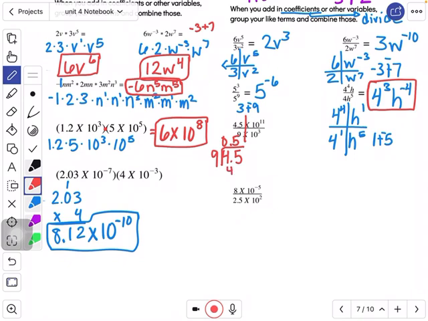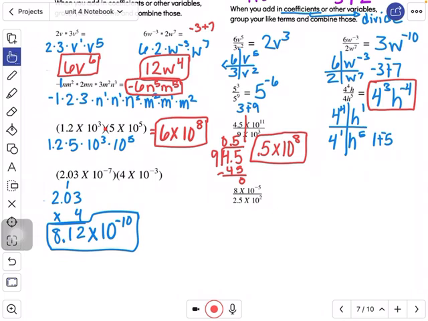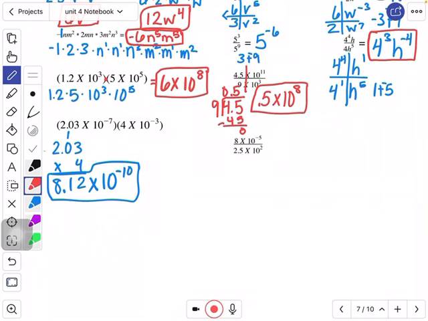So you have 0.5 times 10 to the 11 minus 3, which is 8. We're going to leave that like that for now, but I will explain what is incorrect about that problem in class. Then the next one, we have 8 divided by 2.5, so we're going to need a decimal point,